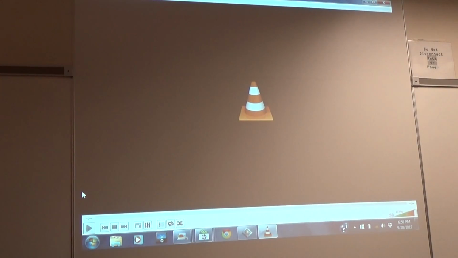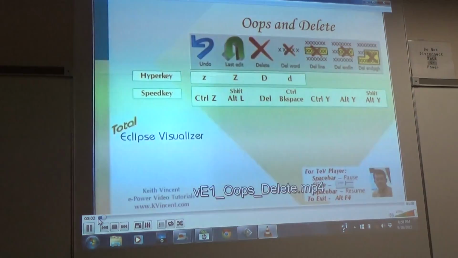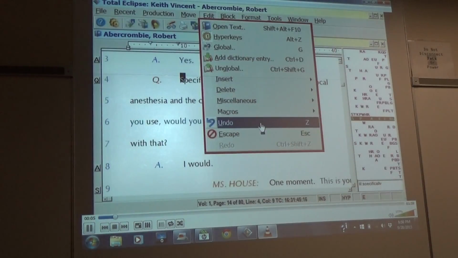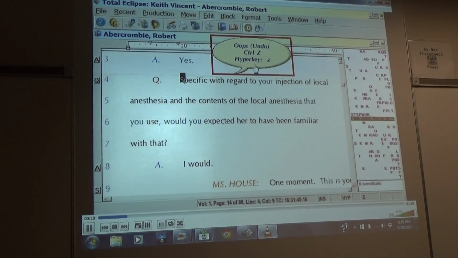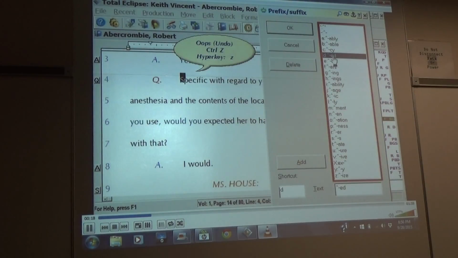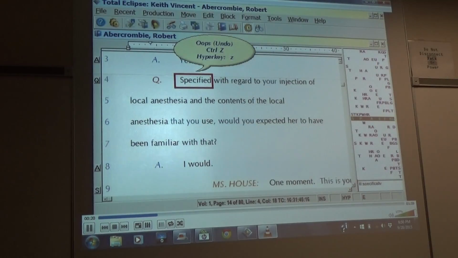I'm going to play it again and stop. Let's see how the oops and delete keys work. The oops key can undo editing steps. The command is Control-Z or Hyperkey Z. For example, if I add a suffix to specific and I pick the wrong one, I could use the oops key